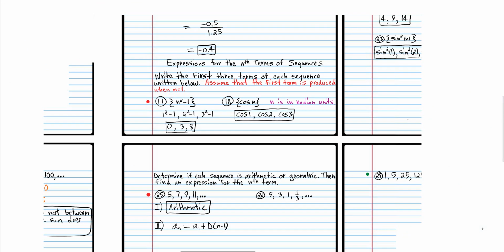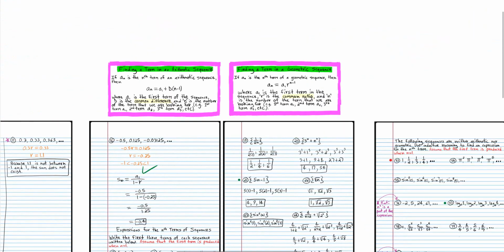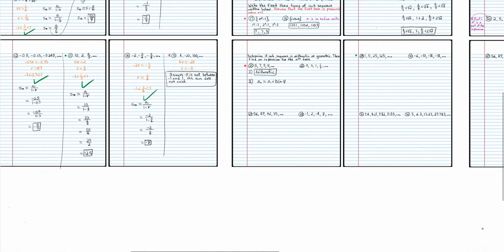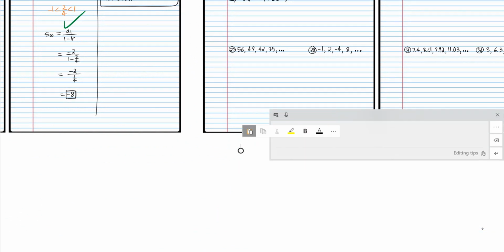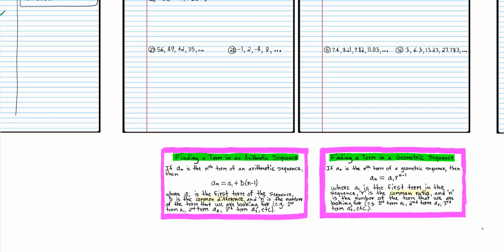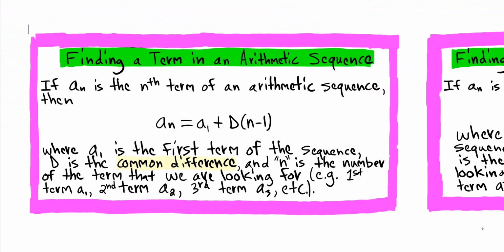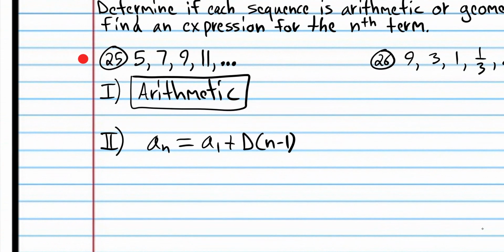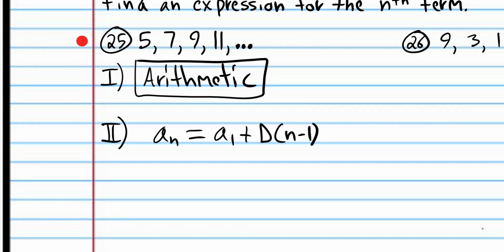So if you recall, we learned these formulas in the previous class. So those are the formulas that we're using. Let me move them down here. So we're using this formula here for finding a term in an arithmetic sequence. And so the first term is 5. The common difference is obviously 2,